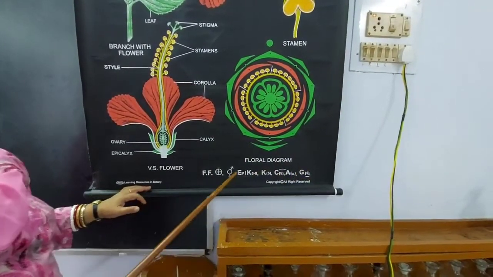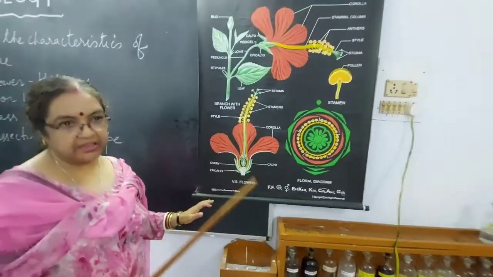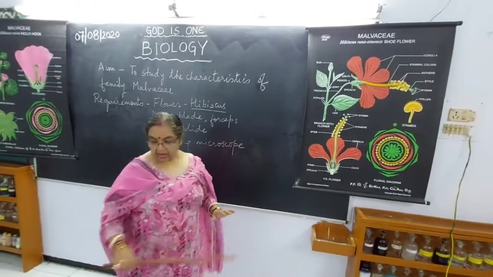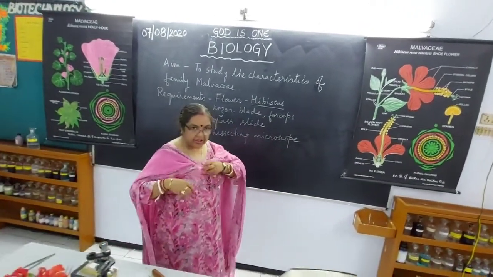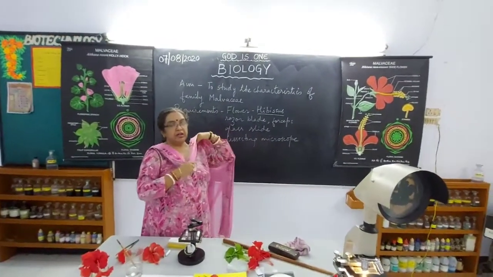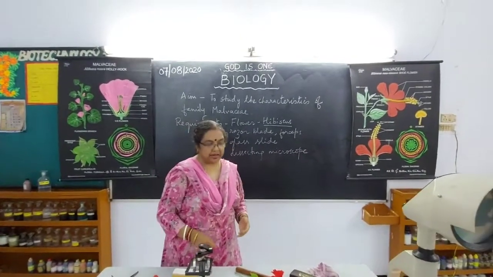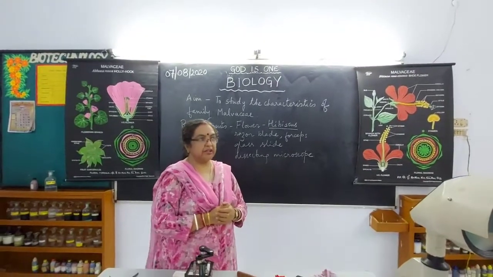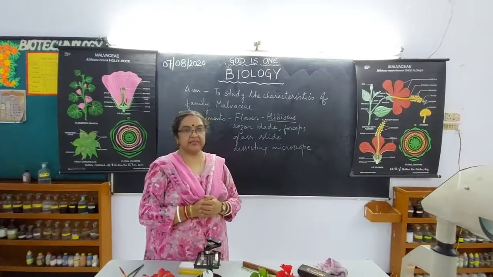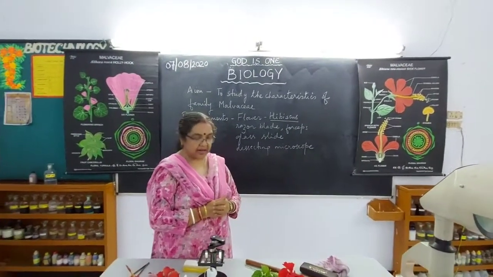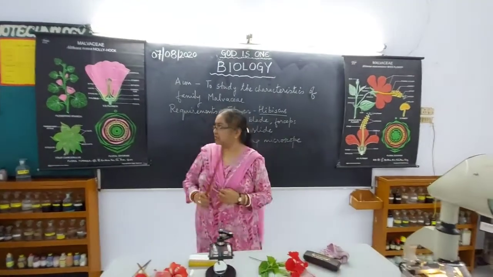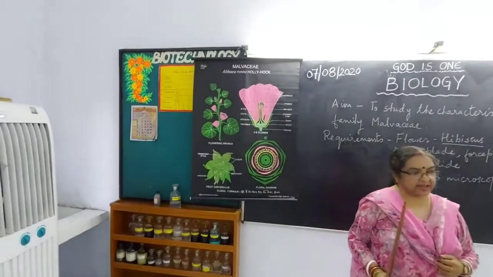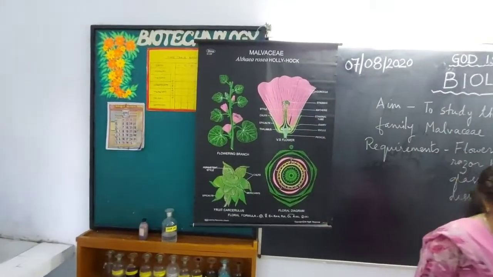So you have to remember all the technical terms, children. Then only this family will be complete. Now economic importance also you have to study. So in the economic importance you can say that it is used for ornamental value. It is grown in the garden. Like there is one example of hollyhock or Althaea rosea. We are having the chart of that. This is Althaea rosea. Very beautiful flowers, they come. So it has got ornamental value.